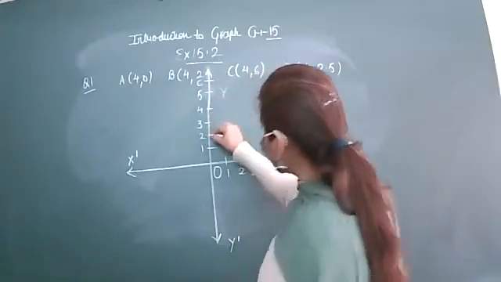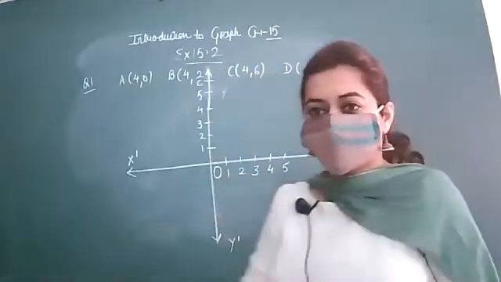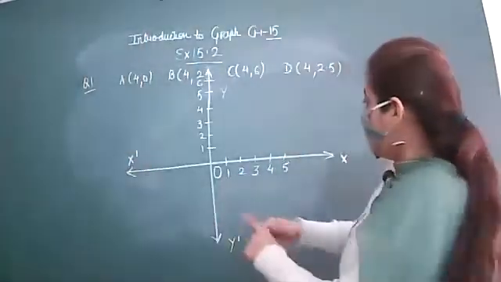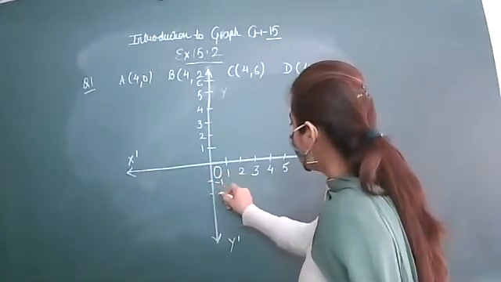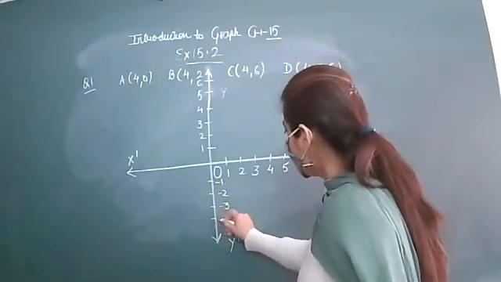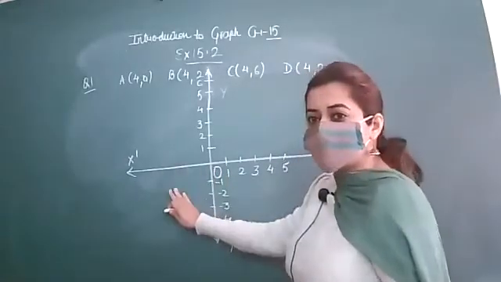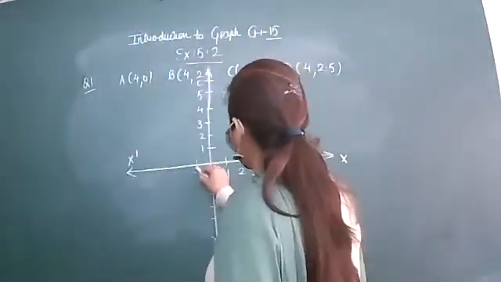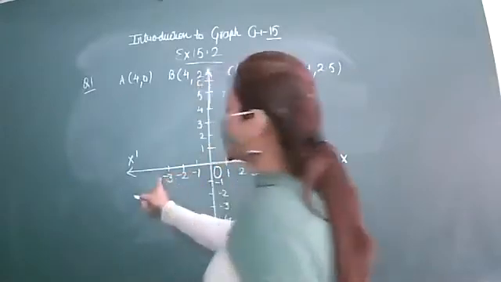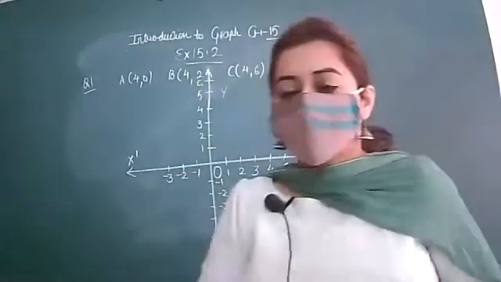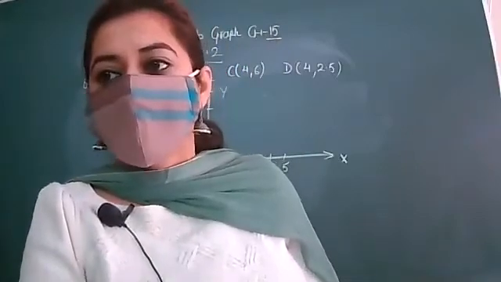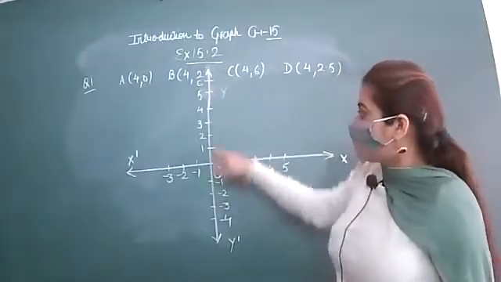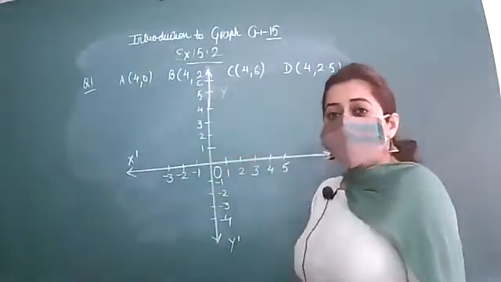Is it okay, beta? Now, below this origin, let's write your negative points. This is your -1, -2, -3, -4. On the left of 0, you will write -1, -2, and -3. If you want to write more points, you can, otherwise it's okay, because in the question, you have been given all positive points. So if you want to draw the positive, first quadrant, you can. But I hope it is clear to you all.